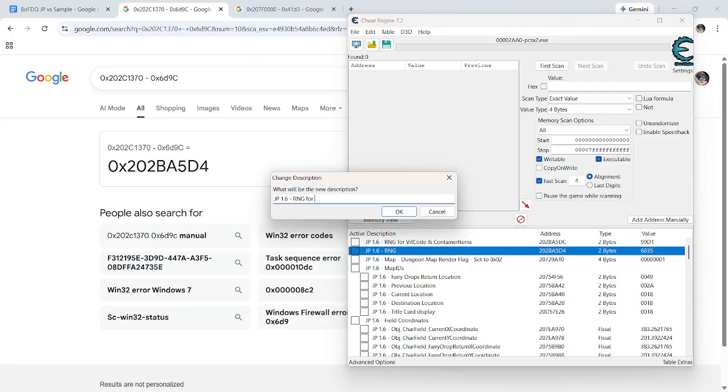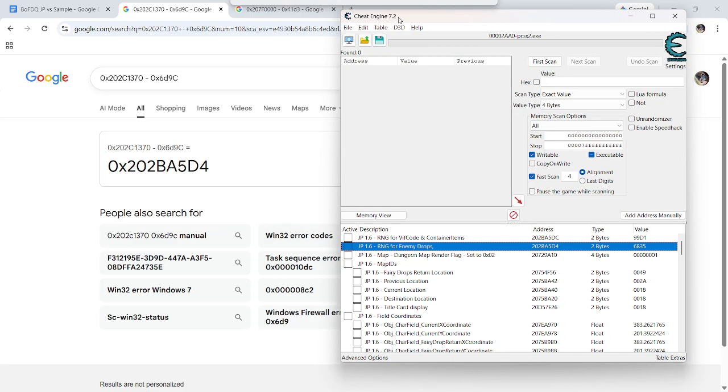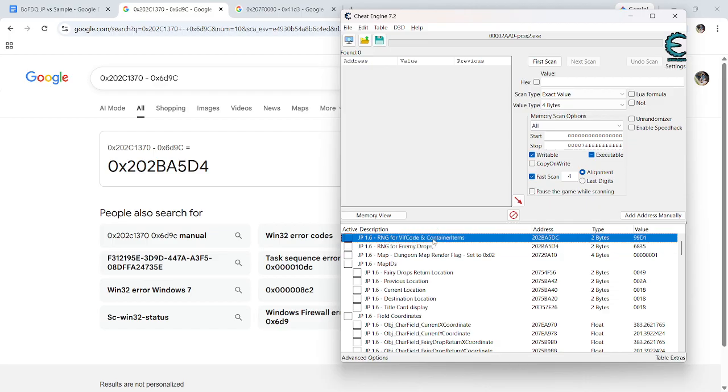RNG for, it's going to be different uses for each RNG. The VIF code container items are